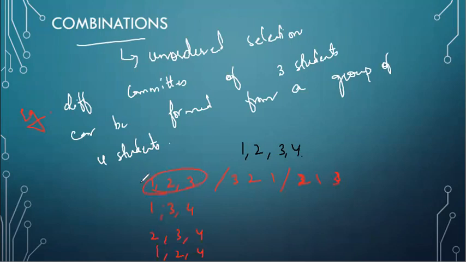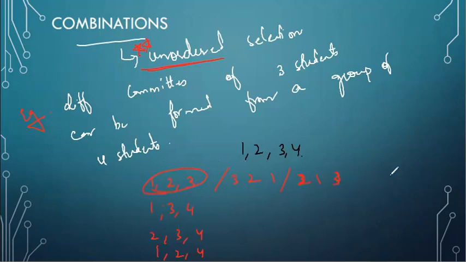Okay, it is the committee of the students 1, 2, 3, and the order may be different. So that is why the statement "unordered" is very important. That is, in the case of combinations, we have unordered selections. We are picking out the students. While in the case of permutations, it was arrangements, ordered arrangements. So over there, the order was important. Here, the order is not taken into consideration.